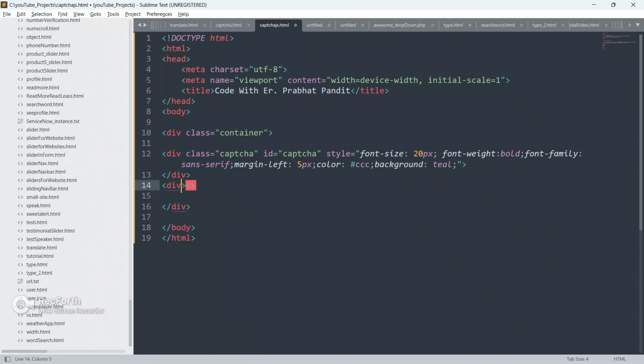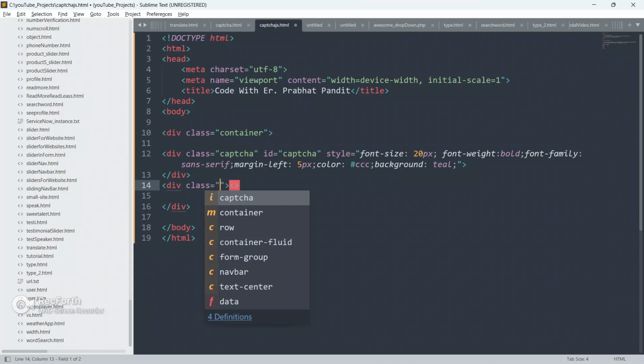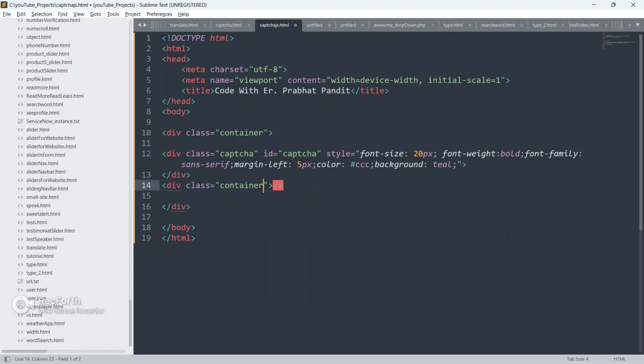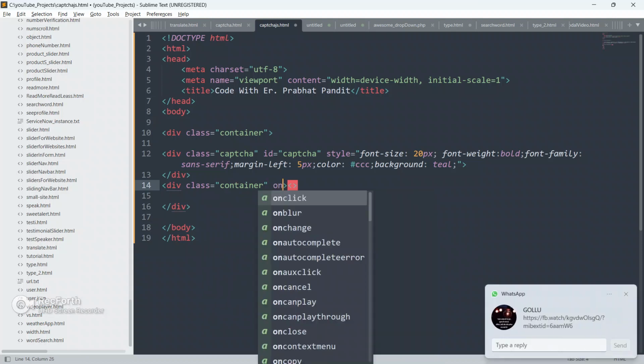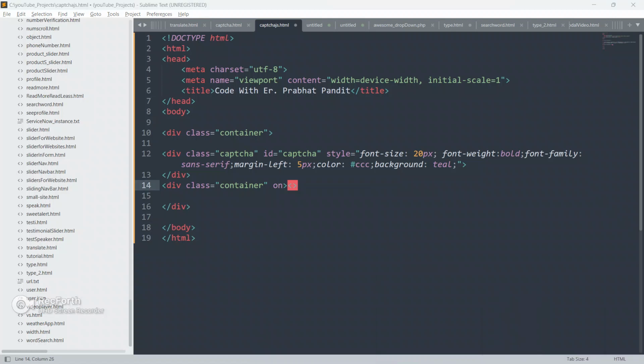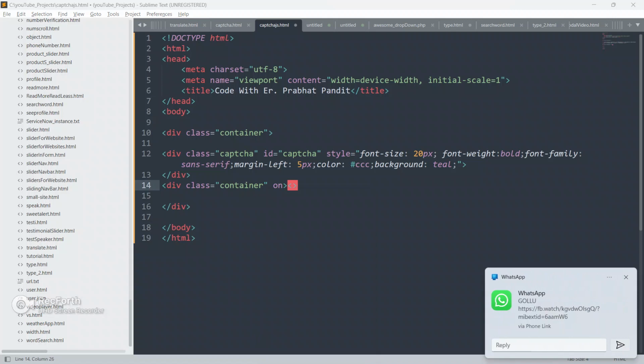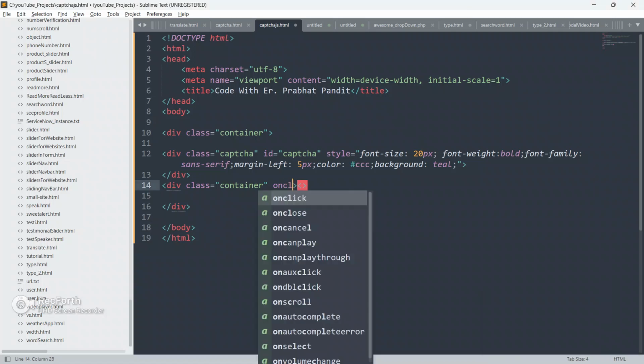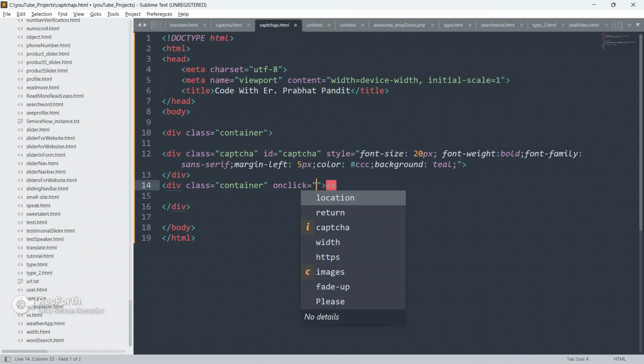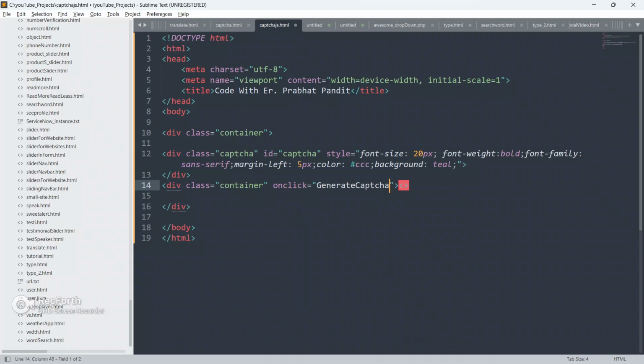Below this div, create another div and give it a class as container, and give onclick, we are going to run a function generateCaptcha.